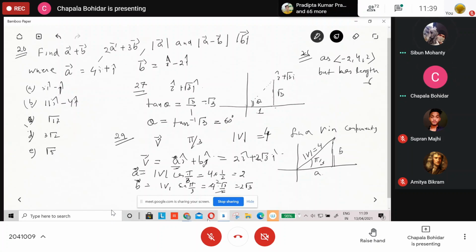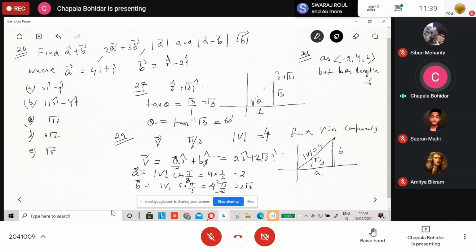Yes, ma'am. So the vector is given to you, it is minus 2, 4, 2. Isn't it? So what will you do? First you have to find the unit vector of that vector, because the other vector having length 6 is in the same direction. How will we find the vector? The question is asking about the vector. So we have to multiply that 6 with the unit vector, isn't it? So first we find the unit vector of the vector V.